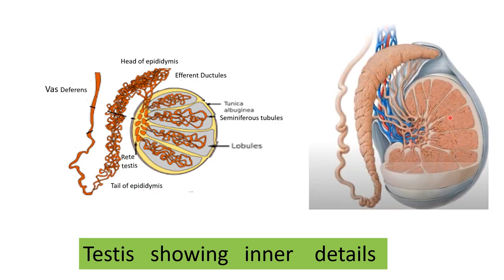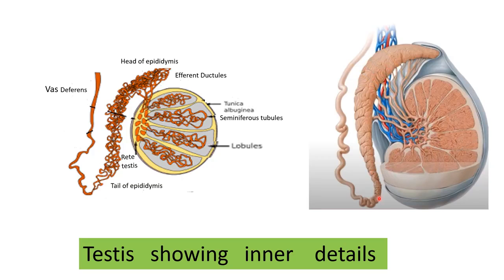The seminiferous tubules form 80% of the testicular substance, and are the sites for sperm production. From here, the sperms, which are still immature, enter through the rete testis and the efferent ductules to the epididymis. The epididymis is a single highly coiled tubule. Temporarily, it stores the spermatozoa, and here the sperms undergo physiological maturation and acquire increased motility.